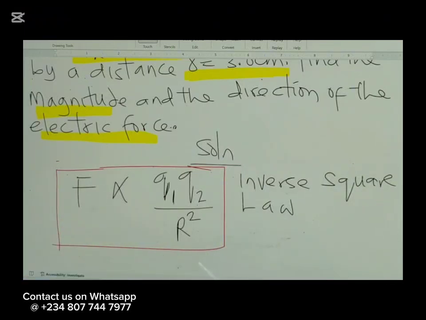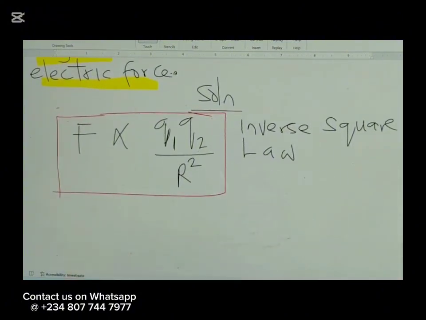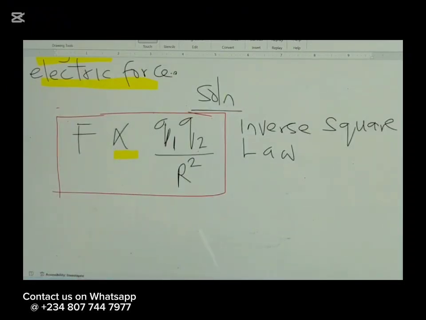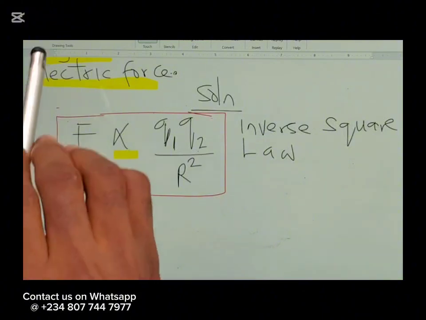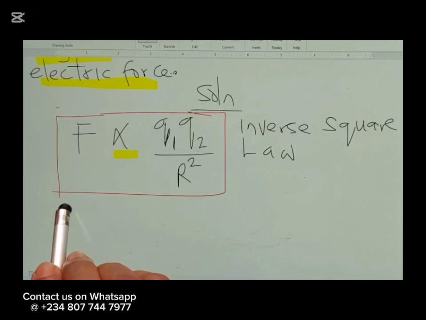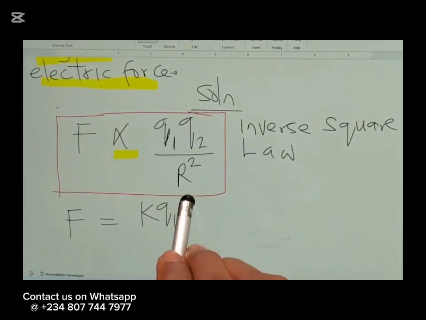But at this point we are treating Coulomb's law in electricity. In mechanics it is gravitational law; in electricity, the inverse square law is Coulomb's law. For us to be able to solve this particular question, I have to remove the sign of proportionality, and to do that I include an equal sign and a constant. So F will be equal to K Q1 Q2 over